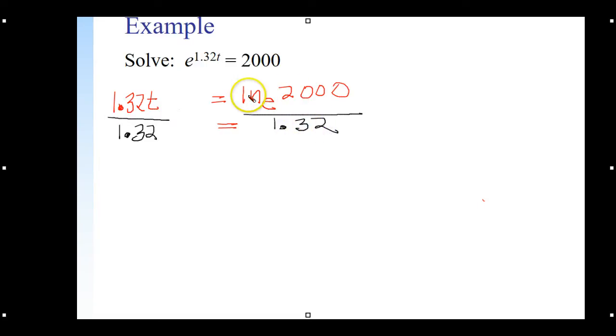Now, when you put this into your calculator, you'll just hit the natural log key, 2000. You may have to put a parenthesis if they give you one like so. Mine does. But now you're going to divide it not by a logarithmic power, but just 1.32. And when you do that, you get the number